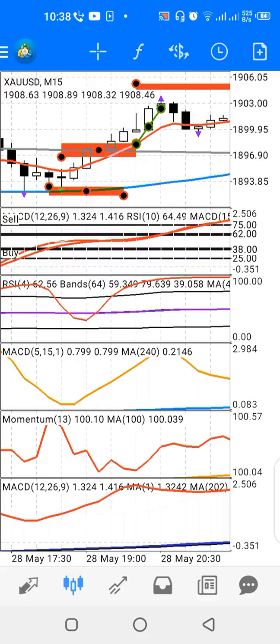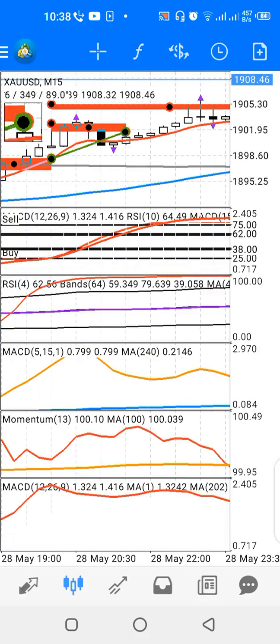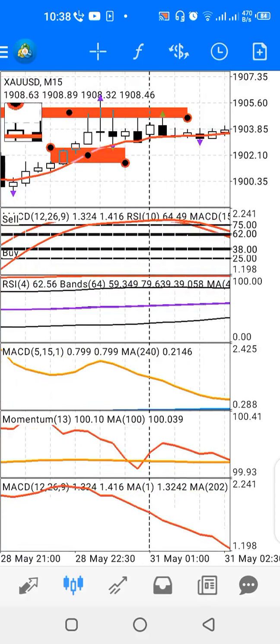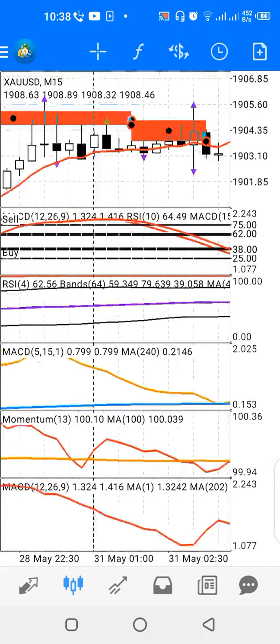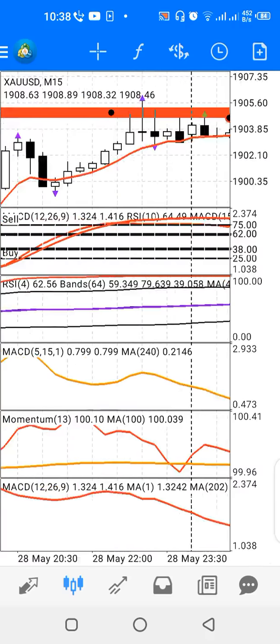This is my initial stop loss. I start to move stop loss to trail the price, to move into profit to protect the trade. And as it continues to go up, I will continue to trail with stop loss. Don't forget,